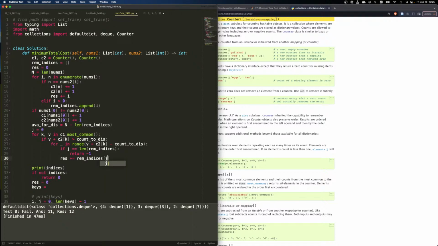We take this out, and after taking this out, j plus equal 1, and count to distribute plus equal 1. We have more to distribute. But if they